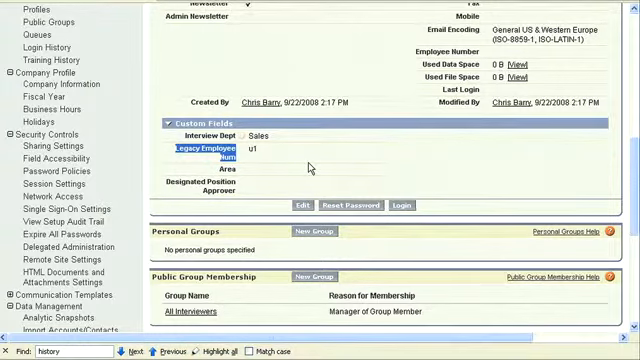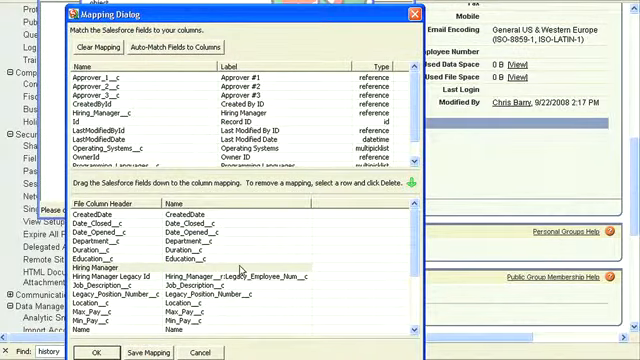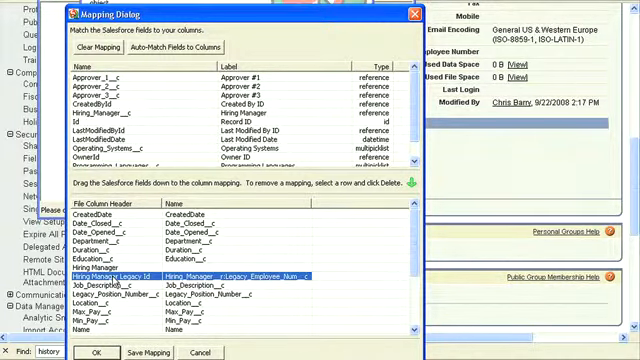All right. And I'm going to use that to map positions to hiring managers. Okay. So what I did, by default, it populated with the Salesforce ID. But I'm not doing that. I'm going to use the legacy number, which is in my CSV file. So this is the name of the field in the CSV file. It's called hiring manager